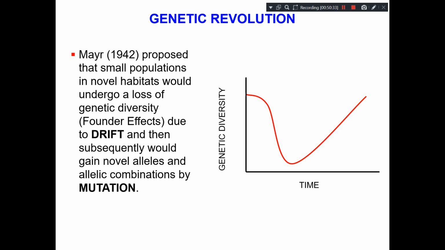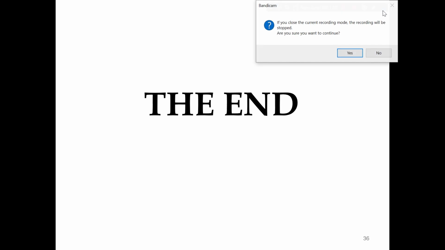Even Mayr in 1942 proposed that a small population in a new habitat will undergo a loss of genetic diversity. That's the founder effect, which is due to drift and then subsequently will give rise to a novel allele, and allelic combination by mutation may result in a new species. So this is what